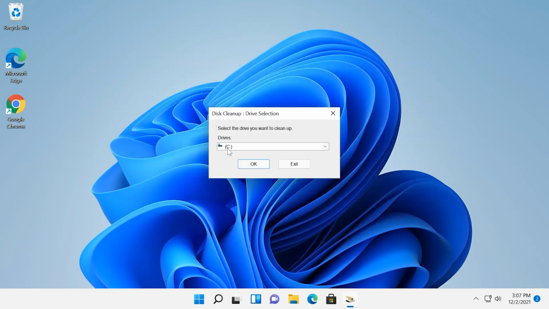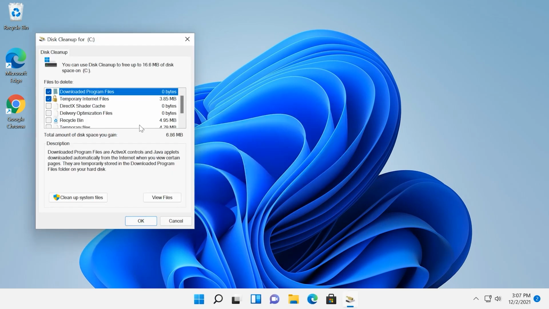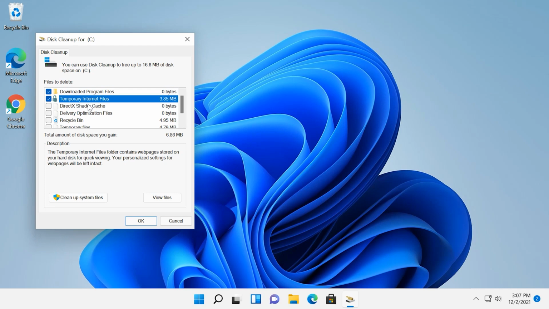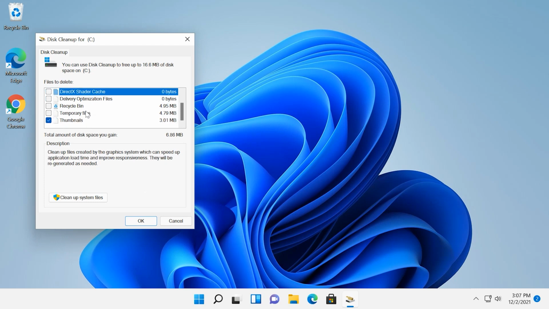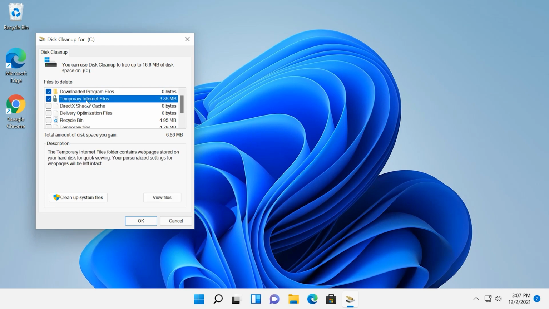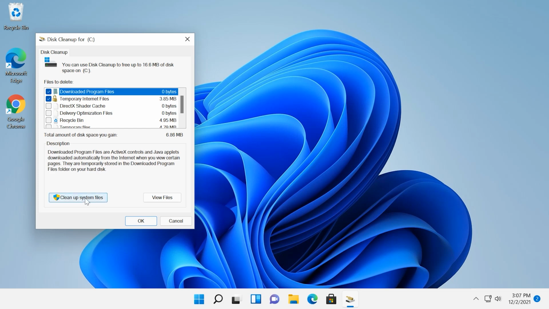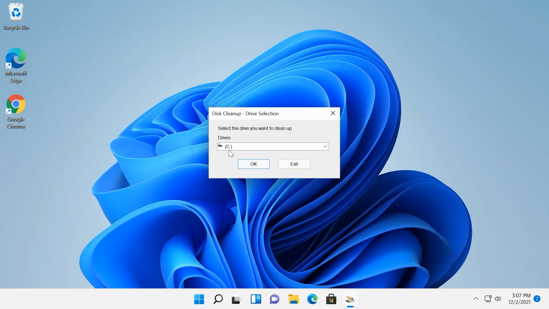In the window that opens, select the drive to be cleaned and click OK. In the next window, you will see the list of files that can be removed. Usually, they don't take up much space. But if you click on the option below, Clean up System Files, the drive selection window appears again, and another